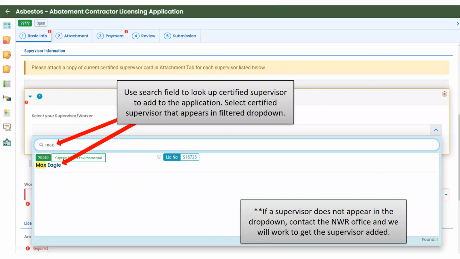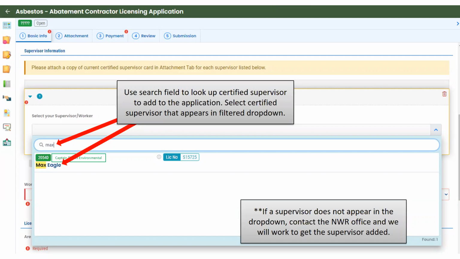Now, little side note, if a supervisor does not appear in the dropdown, then please contact myself, Northwest Region, the asbestos inbox. Myself, Naveed, Audrey, one of us will be able to go in and make sure that the supervisor gets added. This list is populated based off of the information that the training providers submit to DEQ after they've provided one of the training classes and the students have successfully passed the class.